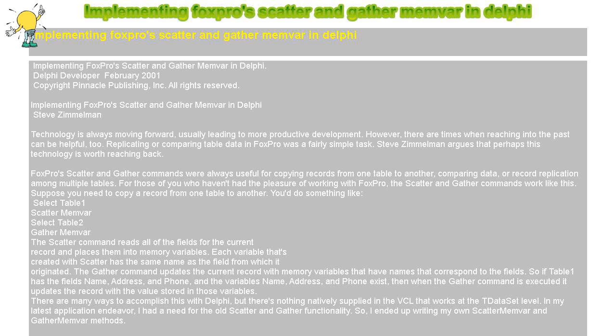Procedure MyExample1; var memobj: TMember; begin memobj := ScatterMember(Table1); // append a record to table 2, post it, // then free the TMember object. GatherMember(memobj, Table2, [goAppend, goPost, goFree]); end;